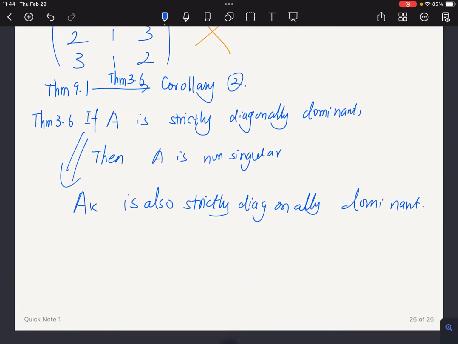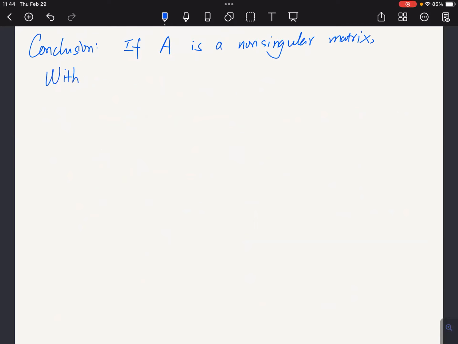Because the conclusion is that if A is just a non-singular matrix, then with one proper permutation matrix P, we have the LU factorization of PA,